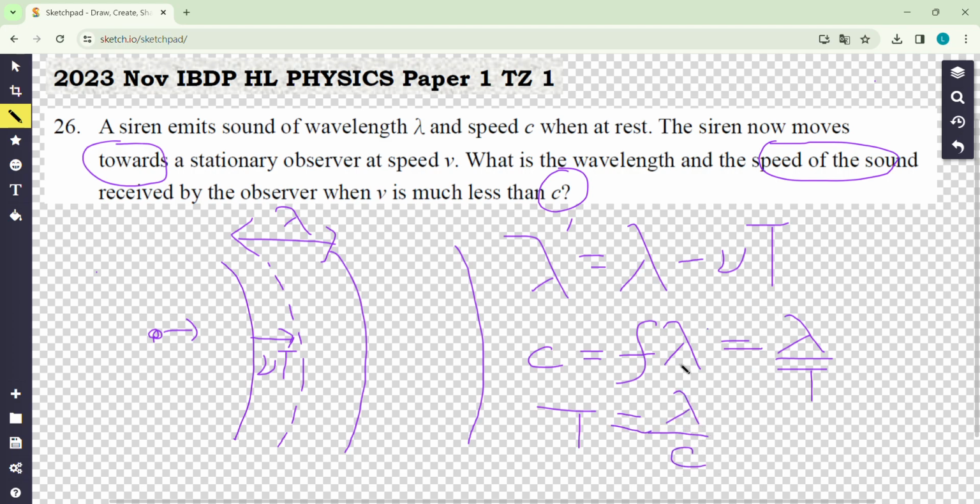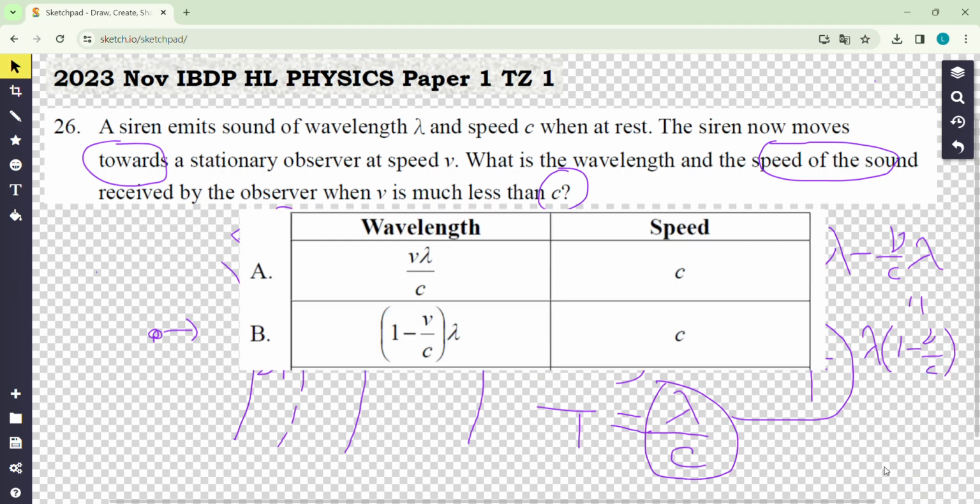So after you substitute this back into the equation above, you'll notice that the new wavelength will be lambda minus v over c lambda. So when you take the lambda out, then it will be lambda times 1 minus v over c, which is the new wavelength, and the answer will be